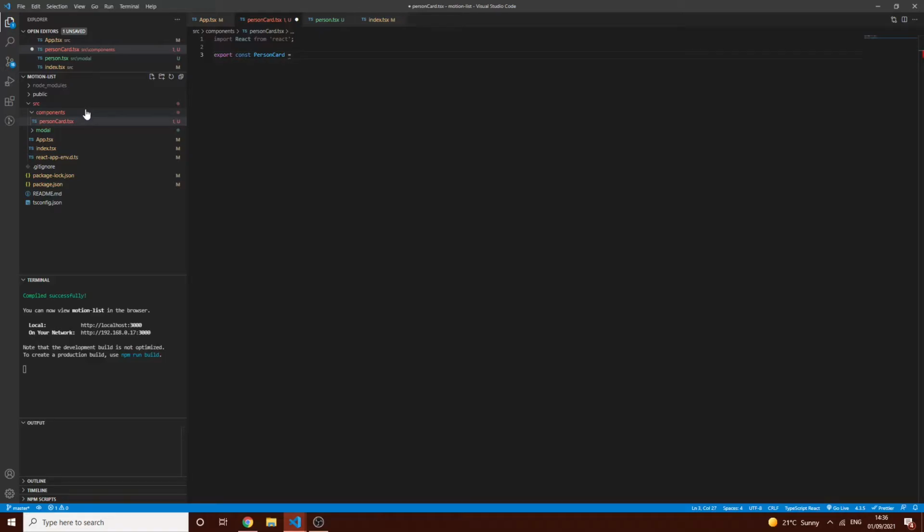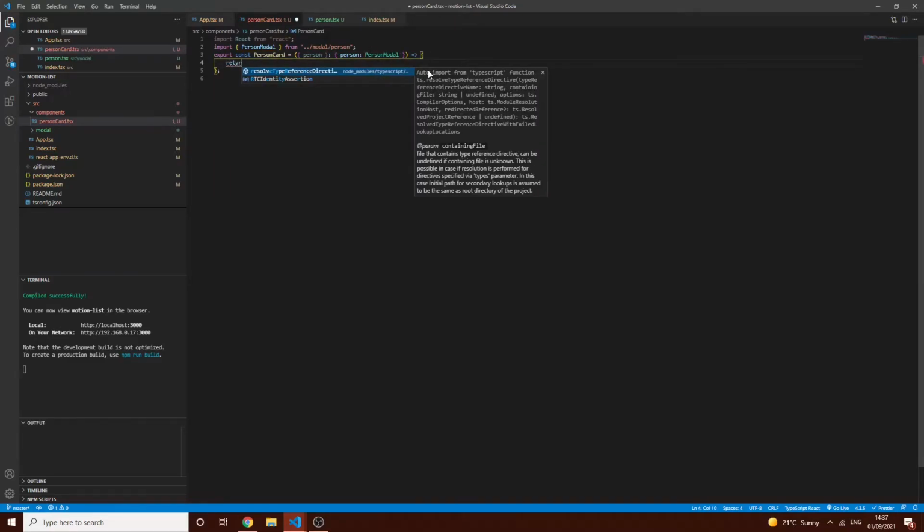Now the person card is going to take a person object, which will be of type person model, which we will need to import. So if I go up here, import person model from the model, and save that,